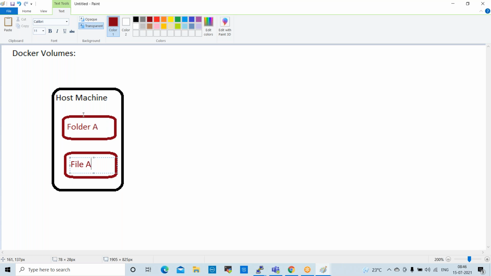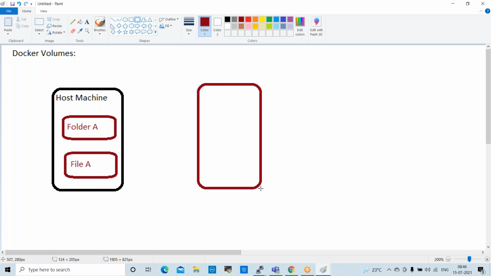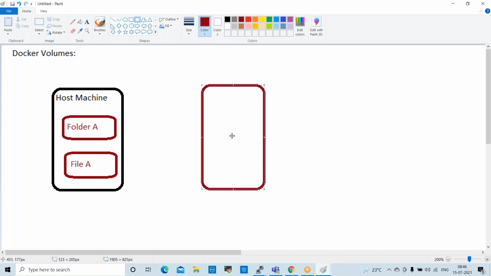So this is the host machine. Host machine means your laptop or desktop, not the Docker machine, not the Docker server. And this is the container, the Docker container. This is your laptop.